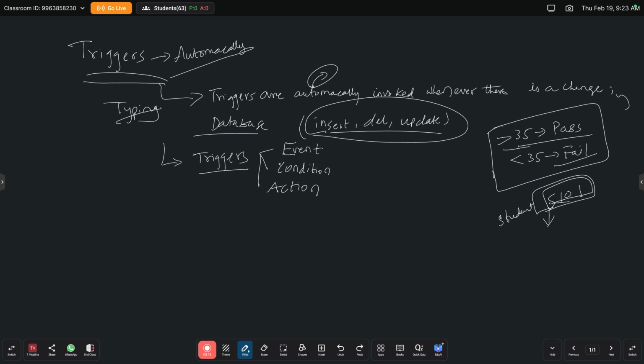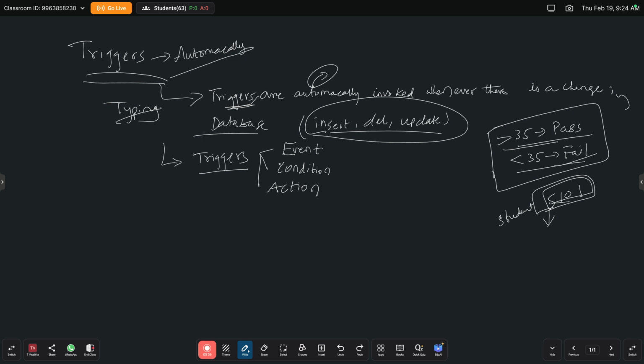Based on the condition that if he is getting greater than 35 marks, then he will pass the exam. If he is getting less than 35 marks, then he will fail the exam. Clear?